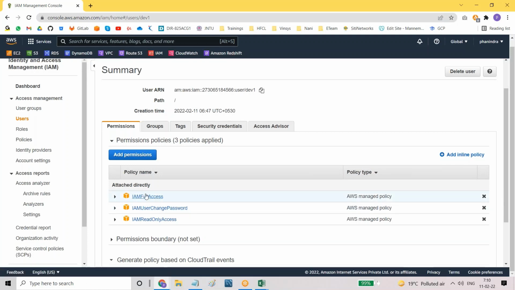For each and every service, one is full access and the other one is read-only access. Like that, there are two policies or two permissions. Suppose EC2 is there: EC2 full access is there, EC2 read-only access is there. Similarly, S3 full access is there, S3 read-only access is there. So for every service, you may get two different permissions. Whichever service they want, whether they need the full access or the read-only access,